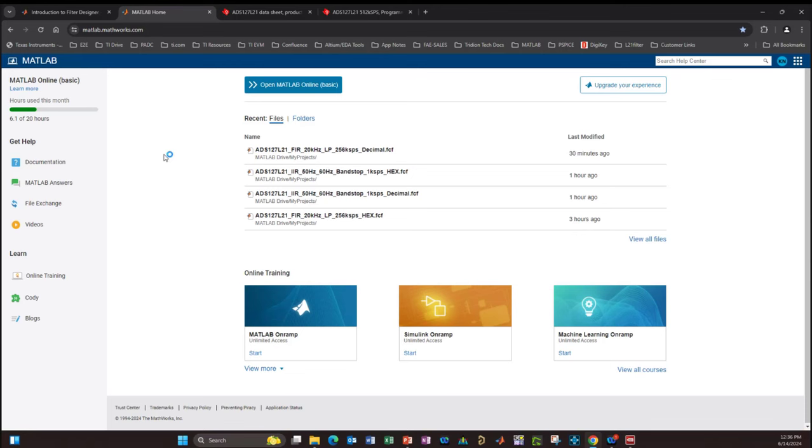Here I'm in my Chrome browser. I have signed into MATLAB, and this is the home screen that you'll get under your own account. All of your files that you generate within the MATLAB tool get saved to a cloud drive that MATLAB maintains for you. And then you have the option to download, as I'll discuss later on. But to start, we'll go ahead and start the online MATLAB tool that we'll be using to design with.